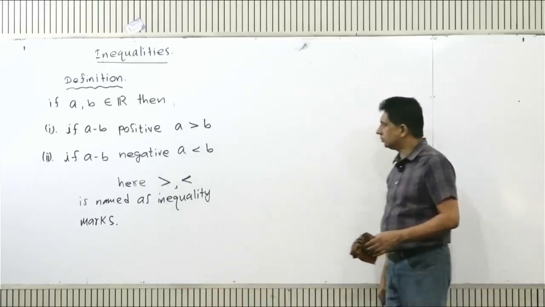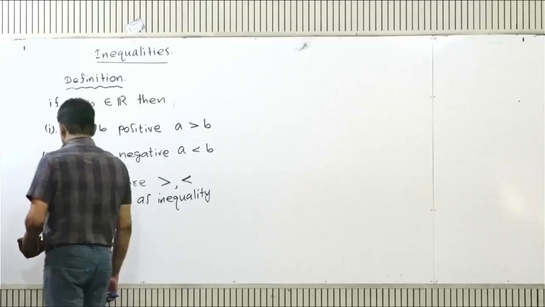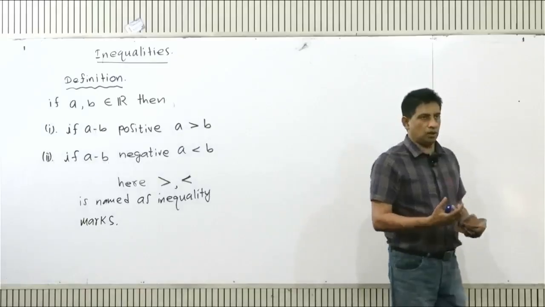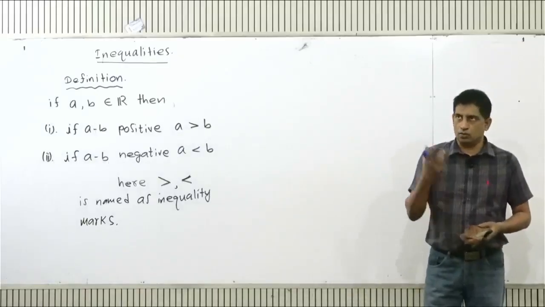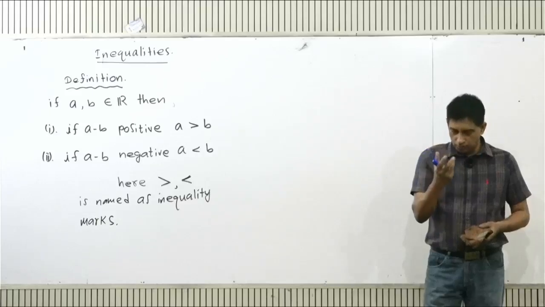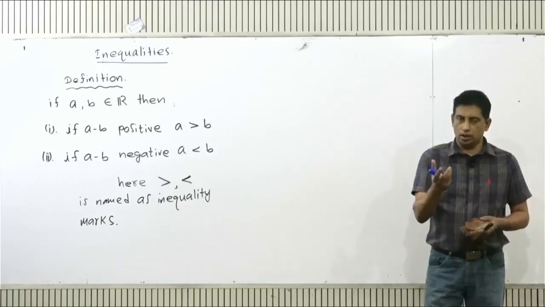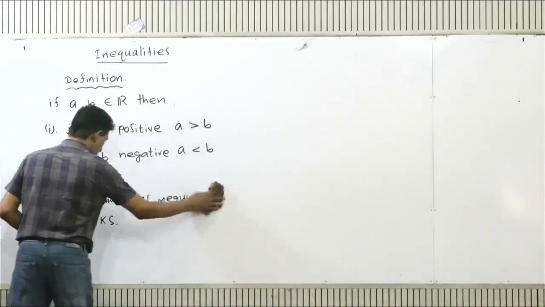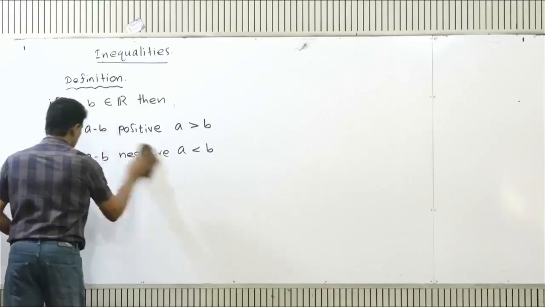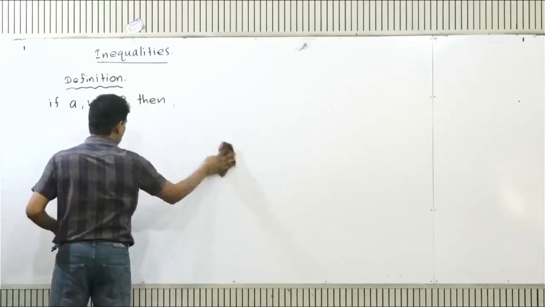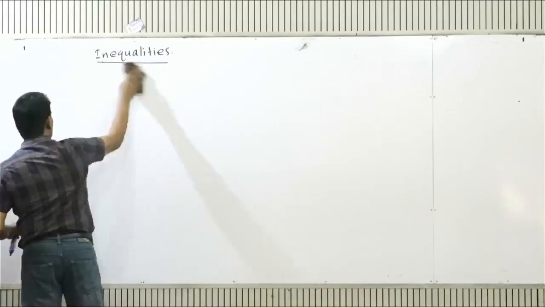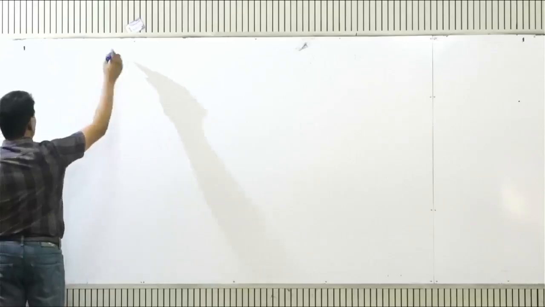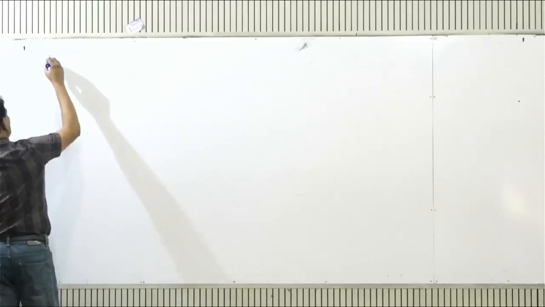Then we have to learn there are a few inequality laws. To solve inequality, we should have knowledge about inequality laws, right? In O-level mathematics, you have learned 6 inequality laws, and in A-level mathematics, we have to learn another 4 inequality laws, right? Then write down inequality laws. Then first one,